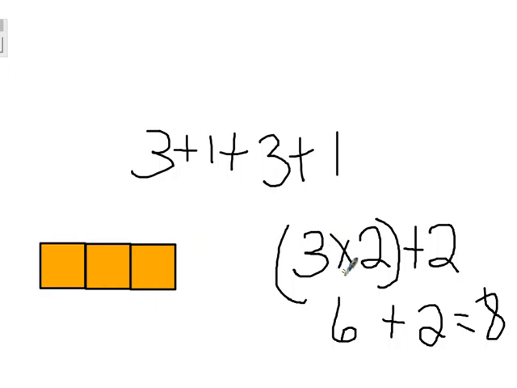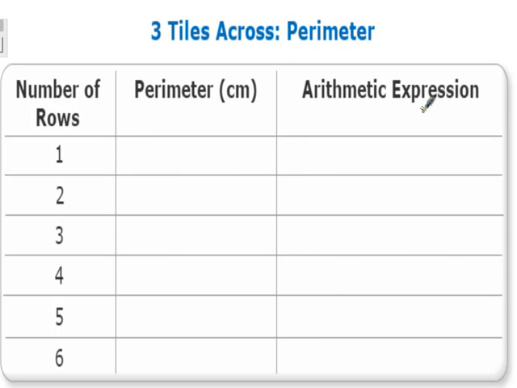I like to multiply when I can when I have equal groups. That works for me. It doesn't quite work when we have 1 times 1, because 1 times 1 is 1, and that's not what we have there, so we had to add 2. So I know my perimeter now is 8 centimeters. And my algebraic expression, you can do all your additions if you'd like, I am going to do 3 times 2 plus 2